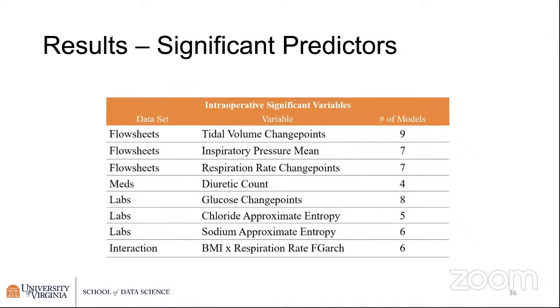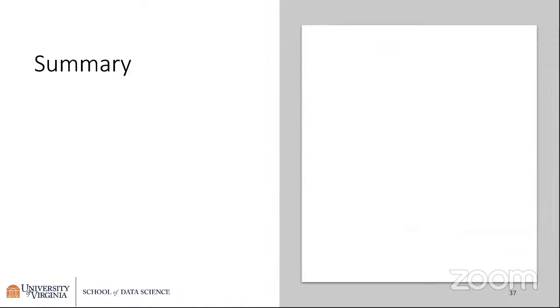We also can find the significant predictors, so we can give the clinicians a sense of where to look in order to understand. Again, these are models that are not black boxes, that we can go in and look at characteristics that can help them understand and communicate with them. Again, this is at the design level, communicating with them what it is that they need to look at clinically in order to make these decisions about possible adverse surgical outcomes.